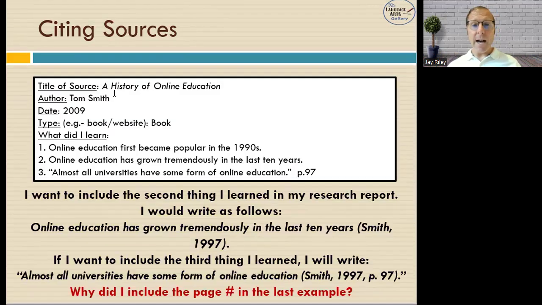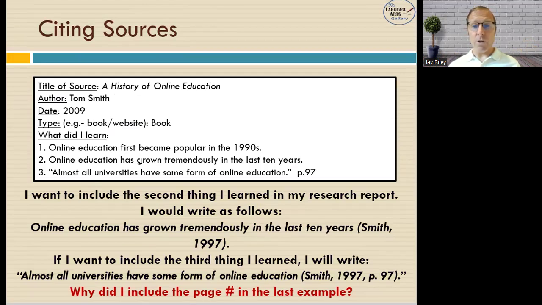Okay, here I've got a book called A History of Online Education by Tom Smith. It was published in 2009. And I've got what I learned from it. I've got these 3 big ideas. So the first 2 ideas are just big ideas that I took from the text. Third is a quotation. So I want to include the second thing that I learned in the report, which is